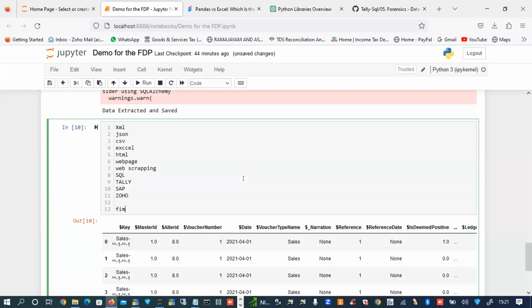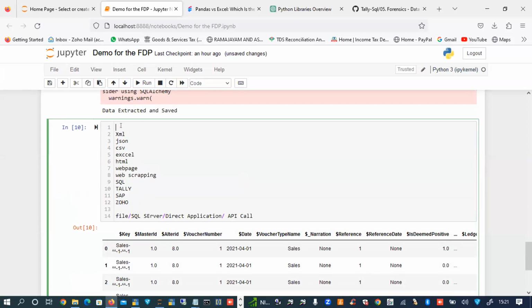It can import a file, or an SQL server, or it can use a direct application, or it can do an API call and import data. So these are the methods of importing data into Python.